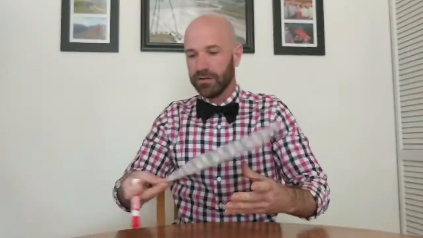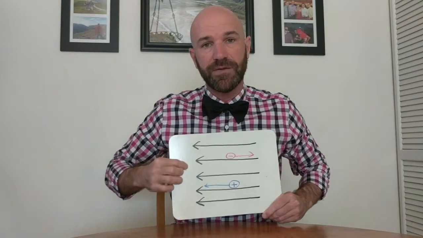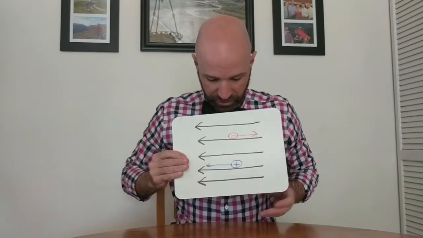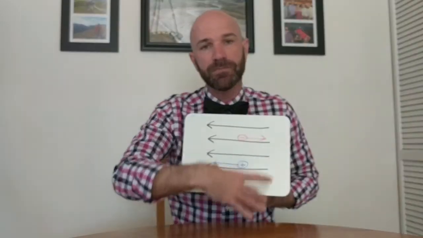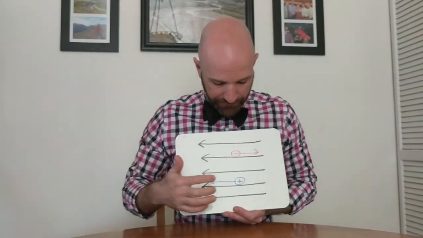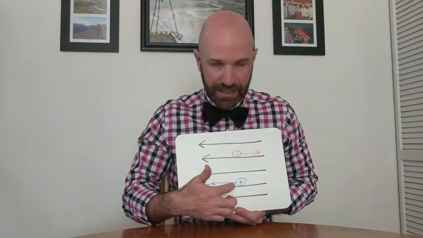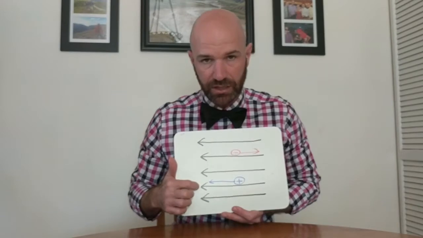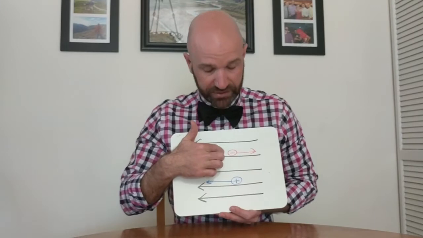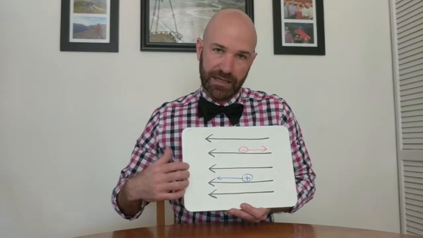All right. So if we look at electric fields, these lines represent an electric field. I don't know what's making it. I don't care. I don't know if it's a positive charge or a negative charge. All I know is in this space, there is an electric field, and you can see the directions of them. So if I put this proton in this electric field, it will go with the direction of the electric field lines. If I put an electron, which is a negative charge, in the electric field, it always goes opposite the electric field lines.